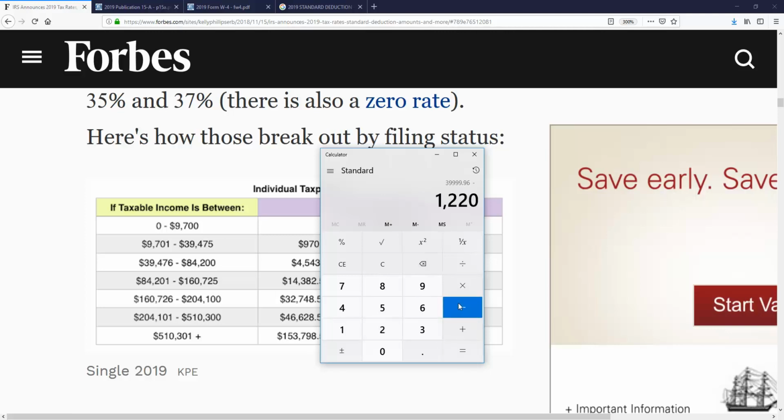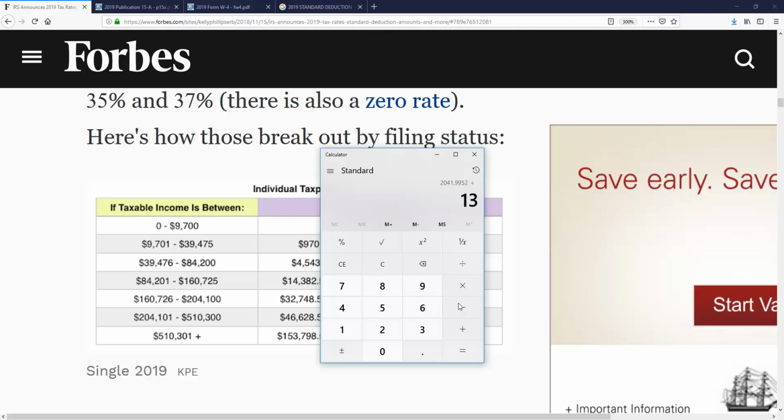Same thing, we're going to go through the motions. 12,200, subtract 9,700, multiply times 12%, add 970. Now we're going to subtract again how much taxes we've already paid. We know we paid 500 between January and March, and we're going to assume, we're just throwing a number out there, let's say 600 between April and June. So I'm going to do 600 there and then 500. Again, this information is on your check stub. It's right there in black and white. Can't miss it. So we're going to assume that we owe $2,000.41 for the rest of the year.